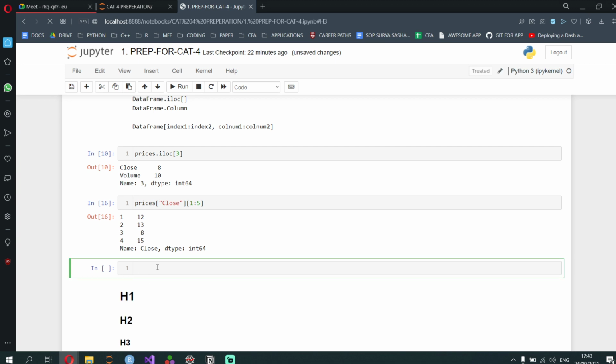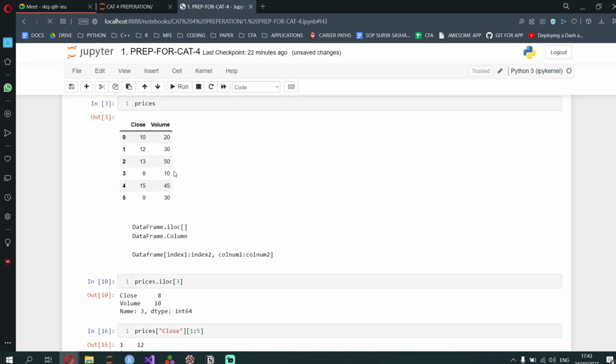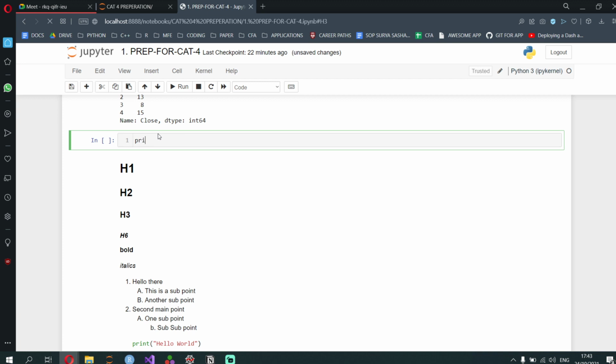Okay, now mutating. So for mutating data, if you want to add a new column to this, all you need to do is just put prices new col, or rather date is equal to list. This should be a list always.